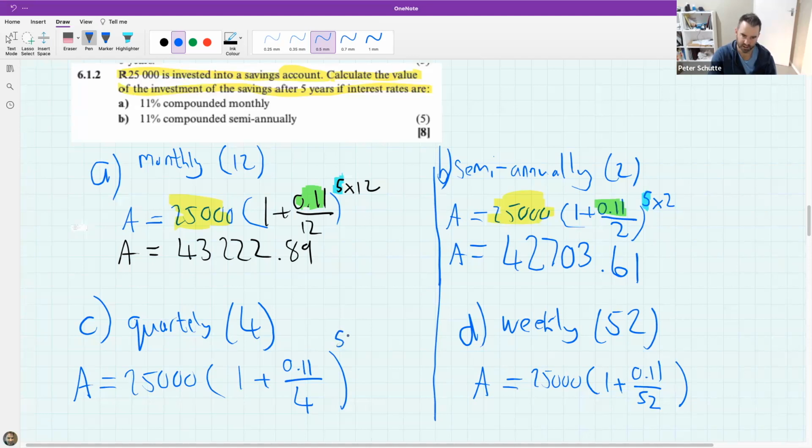So this was 5, but we have to times it by 4. And this was 5, and we have to times it by 52. Now, before we get the answers, I want you to think, which one do you think is going to have a bigger amount? Do you think the one that's compounded quarterly, or do you think the one that's compounded weekly is going to have a bigger amount? So if you haven't worked it out already, I want you to think about which one you think will be bigger. I'm going to do the amounts in a calculation so I can